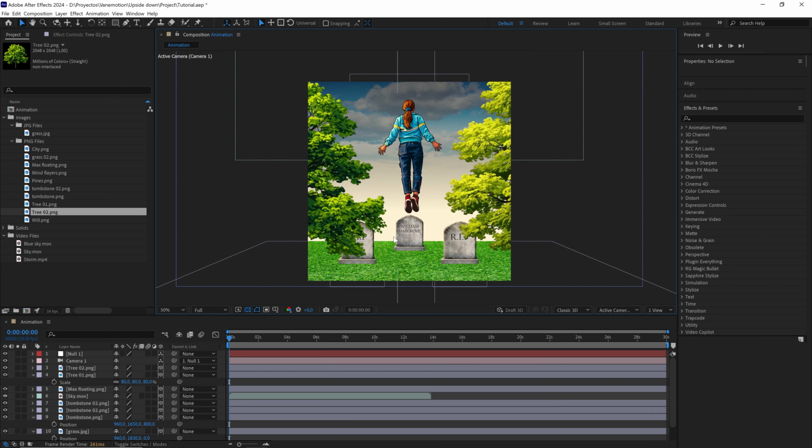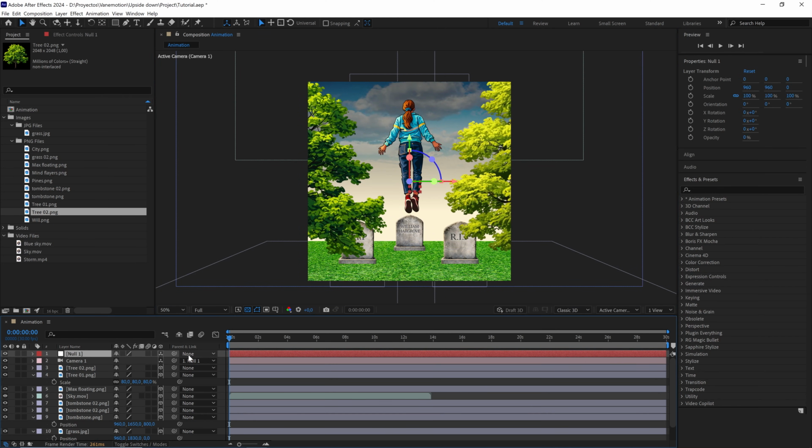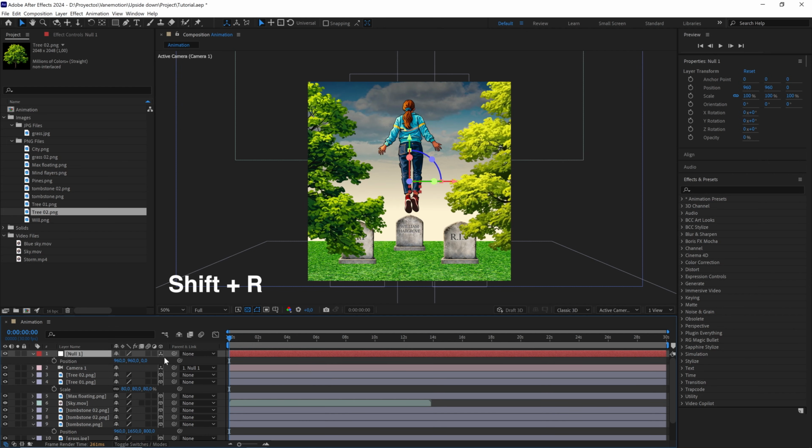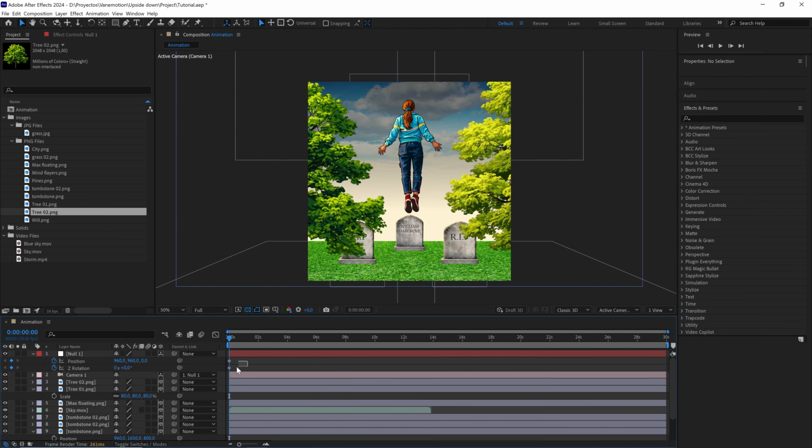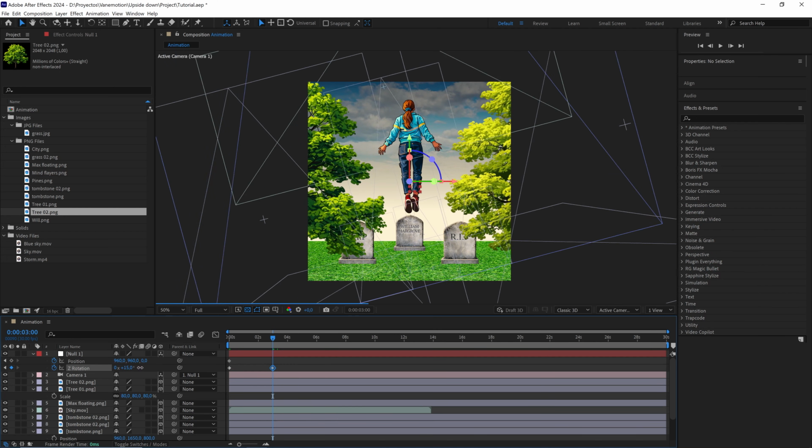We've designed the first scene. Now we can start with the camera animation. At the beginning of the timeline, we mark one keyframe for position and another for Z rotation. We advance to the 3-second mark. Here, we set the rotation to 180 degrees,